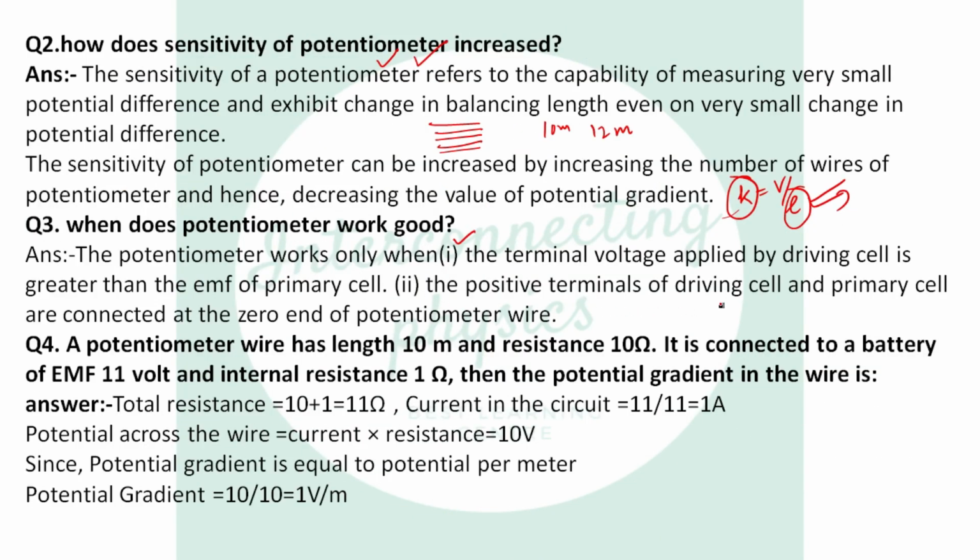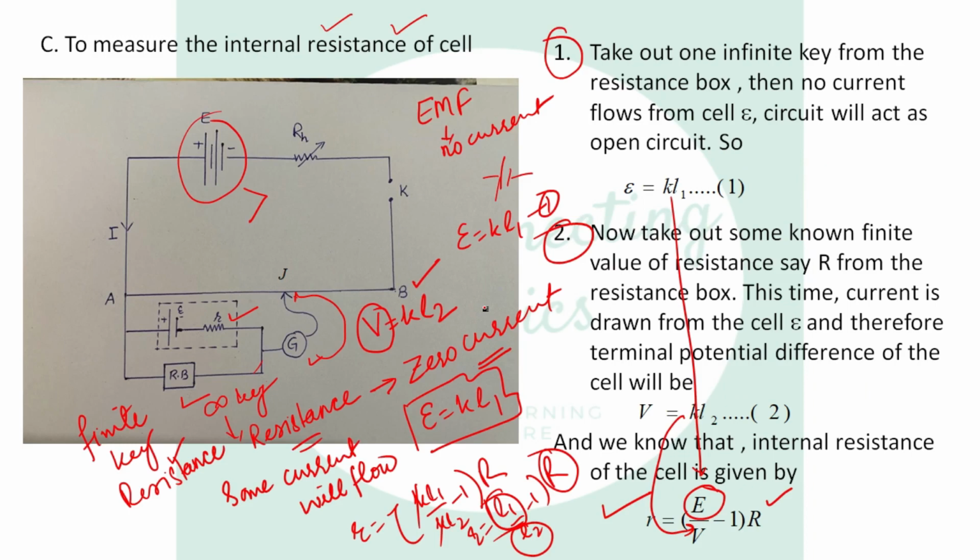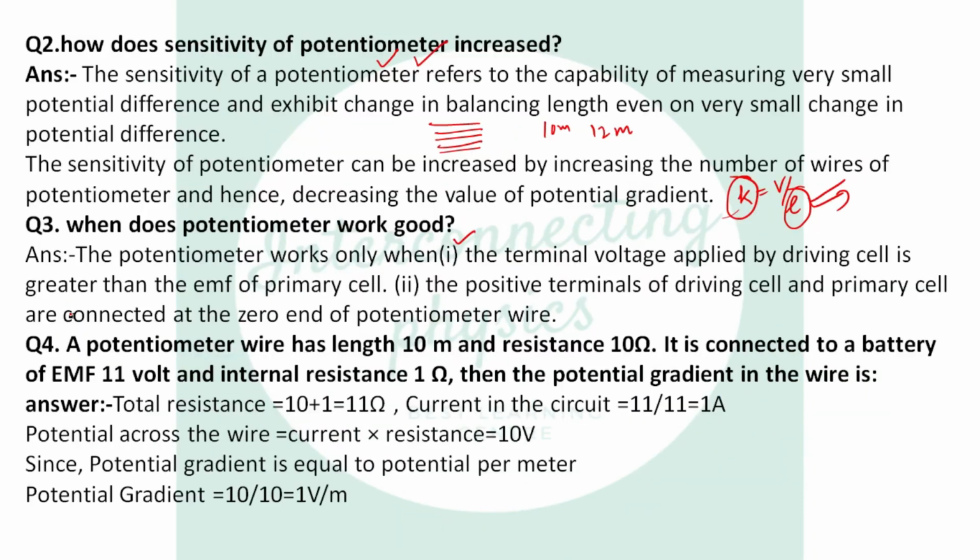Number 2, the positive terminals of the driving cell and the primary cell are connected at the zero end of the potentiometer. That is, the positive terminal of this driving cell and this experimental cell are both connected at point E. Okay. So question number